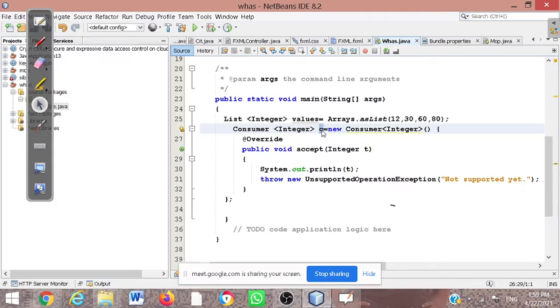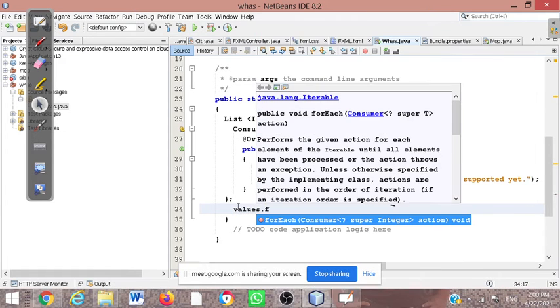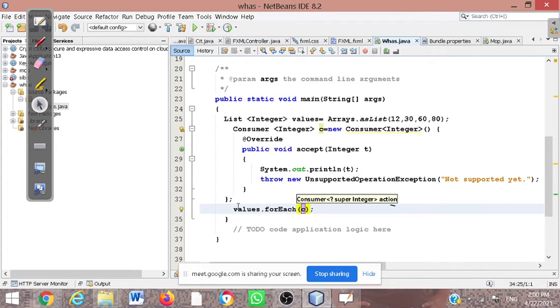Okay, now our intention: this is taking the object of this Consumer, right? So this object will be taken by the forEach method. So here I am going to use values dot, sorry, I wrote it wrong. So values dot, we have to write the forEach method, and in that you can see it automatically takes this Consumer object, you see here, right? And that's why I was saying that forEach always takes the object of the Consumer.